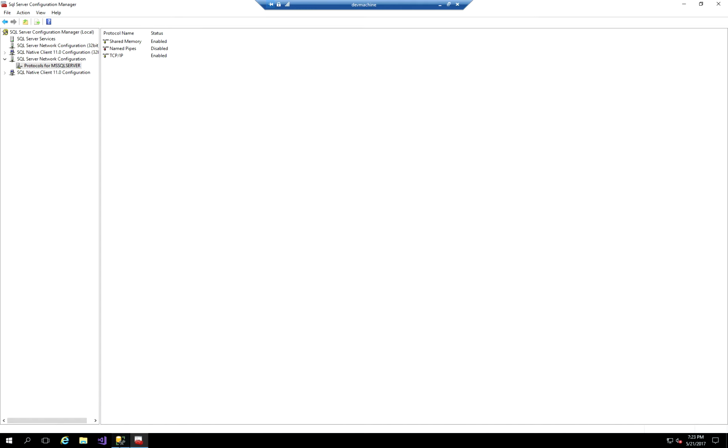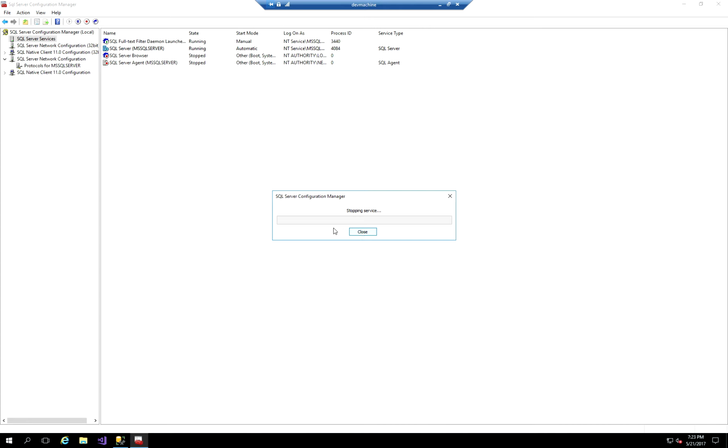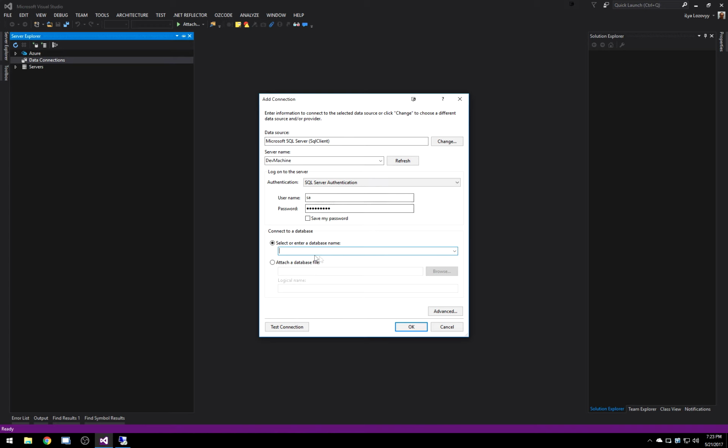Now you can go back to Management Studio, or another way to do this is if you go under SQL Server Services, you'll see that SQL Server is running right here, and you can right click and restart it from here as well. And SQL Server has restarted, and let's go back to my other machine, and if I hit the drop down